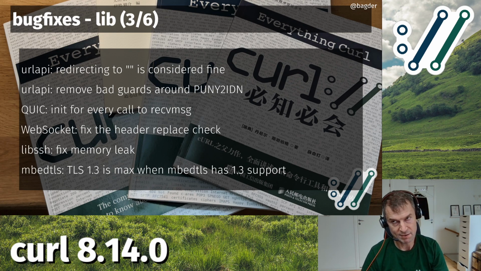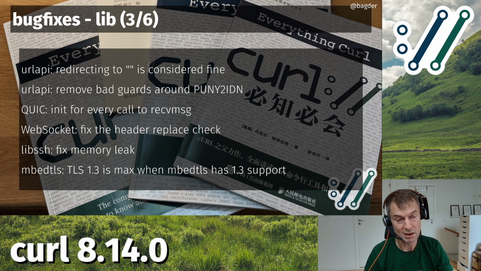We had some minor logic mistakes. If you used mbedTLS and you didn't ask for any particular maximum TLS version to support, I mean, you just went with the default, then it would typically set 1.2 as the maximum supported TLS version by mistake.